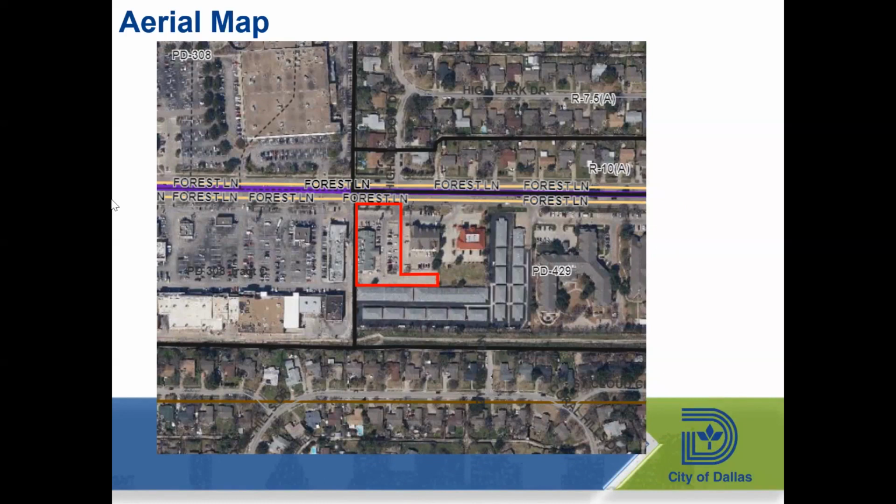Okay, so directly across the street, I just want to clarify something. If you were going west where the CR is, that is not across the street from single-family homes, is that correct? It's across the street from another CR district? As far as being across the street, yes, but it does share a common boundary line with all those single family properties. As you can see here, it's fully developed with parking all along those properties. There's sort of a boundary line between the CR retail that's at the main thoroughfare of Forest and West Chapel,